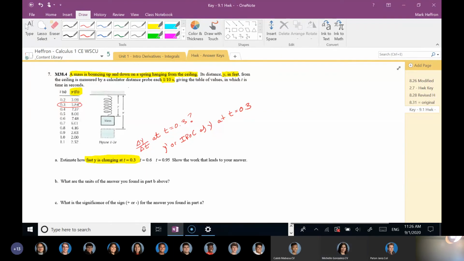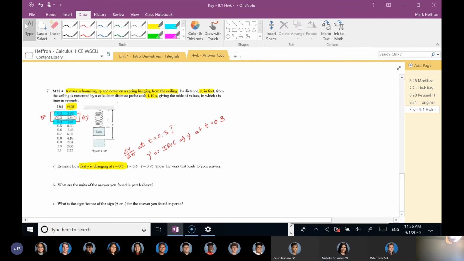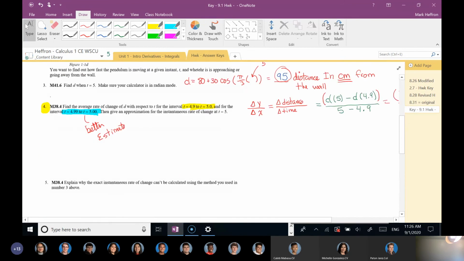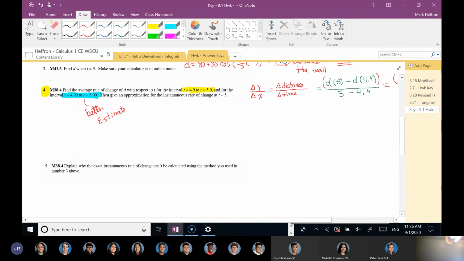Wasn't it 0.2 and 0.4? That's right. We would use the numbers on either side. There would be our delta x. There would be our delta y, wouldn't it? Yeah. So anyway, hopefully that helps you tie together what we've been learning over the last couple days to